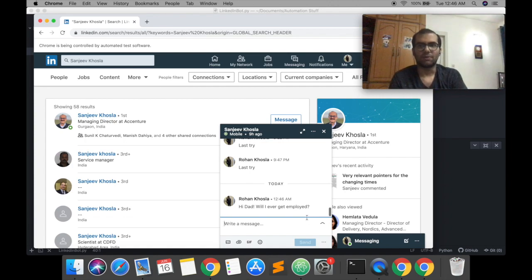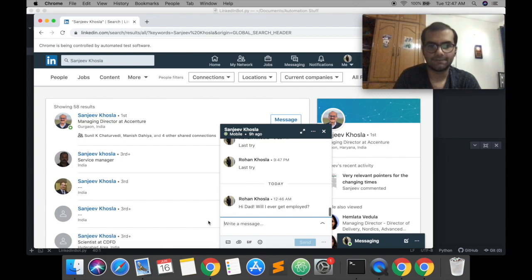Now comes the tricky part. In order to send the messages to multiple people, we're gonna need two things. We're gonna need a list of names through which we will cycle and iterate and send the message to each person. And in order to send the message, we're gonna have to type each of the names into here and select their text box and then send them the message. So how are we going to do that?